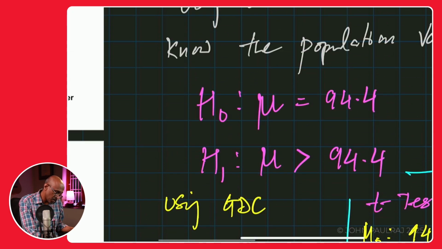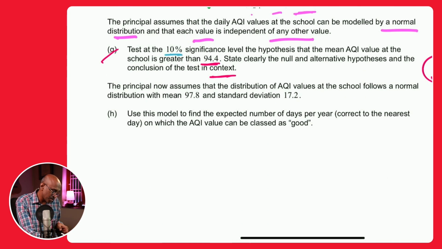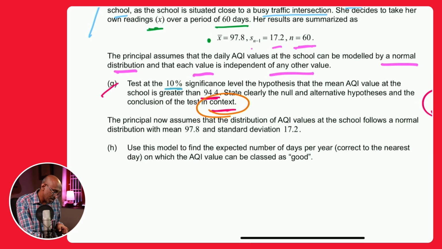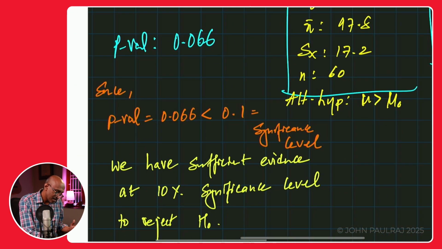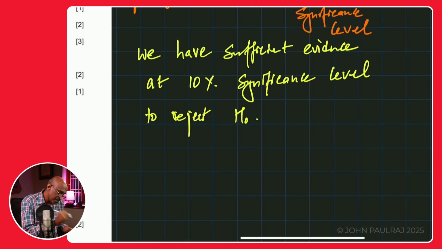What is the H naught? H naught said that mu, the mean AQI, is 94.4. So you're going to reject that, but don't say that you're going to accept. Because it says you have to explain in the context, a conclusion in the context. Can you see that? So you have to use those words. The context was that the mean AQI value at the school is greater than, right? So we'll say that we have sufficient evidence at the 10% significance level to reject H naught,